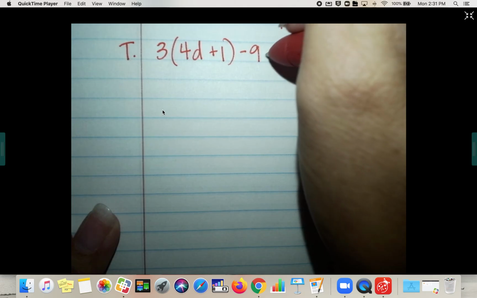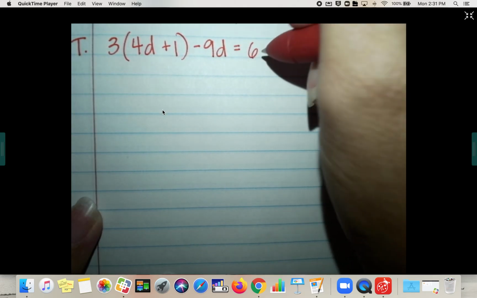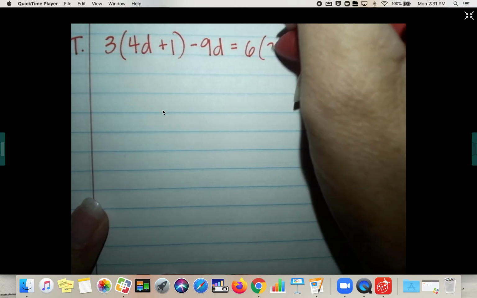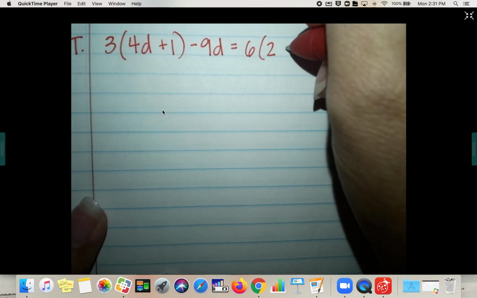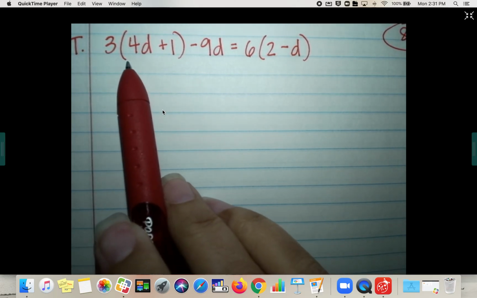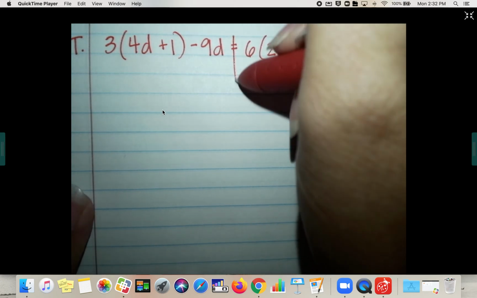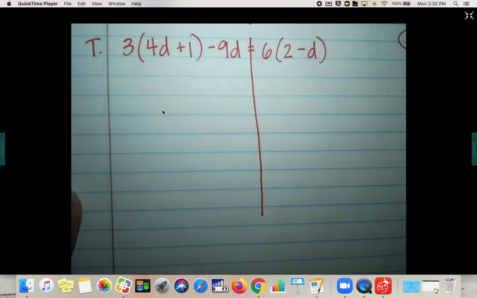minus 9D. Crazy part is I feel like I'm going super fast, and it's obviously not fast enough. 6 parentheses times the quantity, 2 minus D. I hope I wrote that down right. Let me double check. 3, 4D plus 1 minus 9D, 6, 2 minus D. Okay, it's a lot of work to go through it all wrong when I had it written down wrong, but